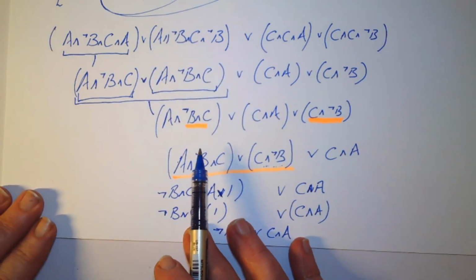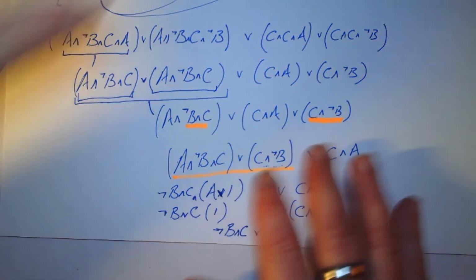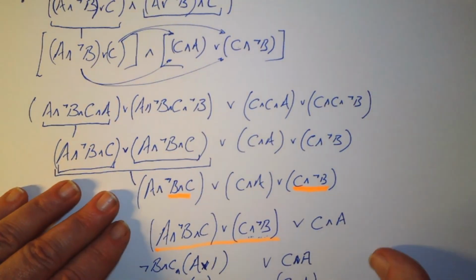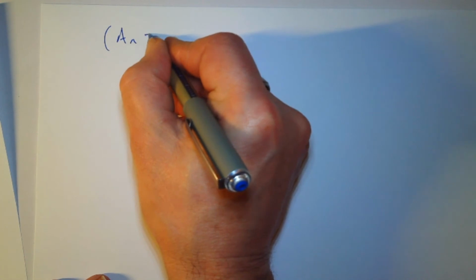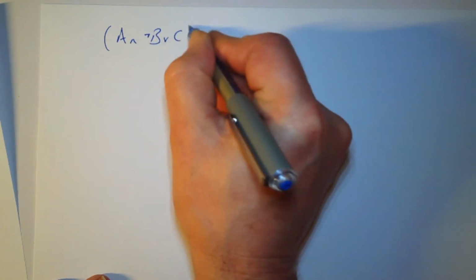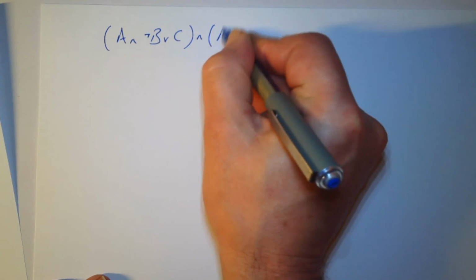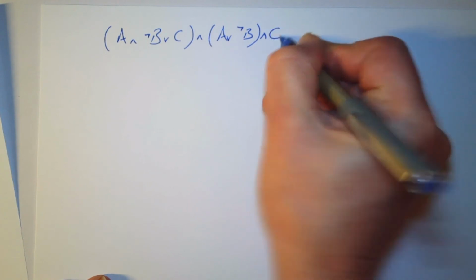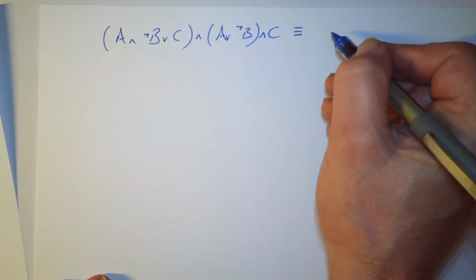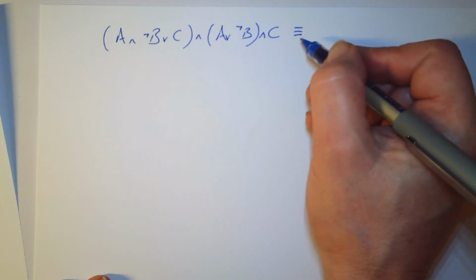Just move that out of the way. So just to wrap this up, I'm going to turn my piece of paper over because I've run out of space, because what we really ought to do is wrap this up with a final statement, which basically says that our original expression, which was a and not b, ORed with c, and then a ORed with not b, ANDed with c, is going to be logically equivalent to our final expression,